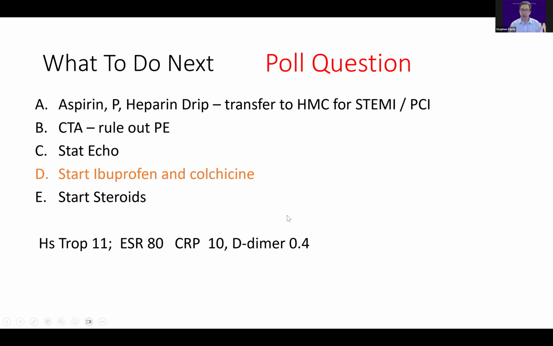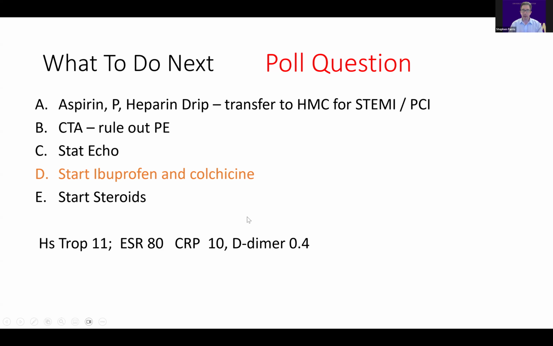Now, you can get an echo, but again, if they're doing great, there's no reason to get a stat echo. The reason to get an echo is to look for a pericardial effusion, of course, right? Often there's going to be a pericardial effusion, but unless they're hemodynamically unstable or more short of breath, then there's not going to be any evidence of tamponade, okay? So I think an echo is helpful to kind of risk stratify this person, but you really want to start